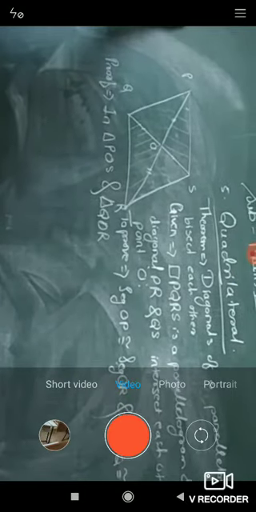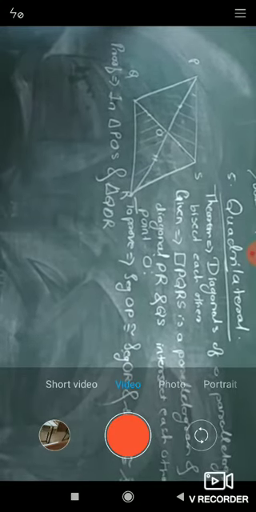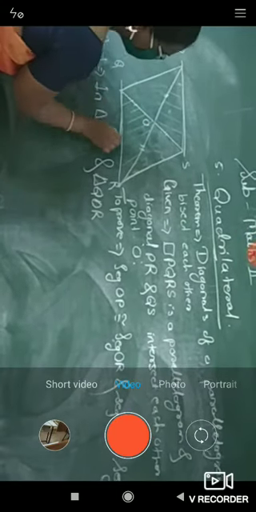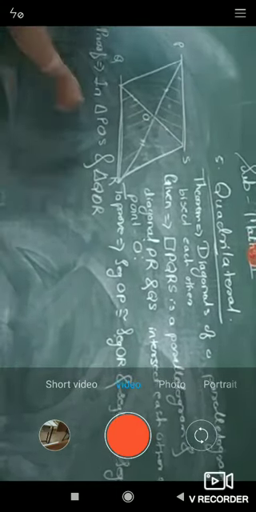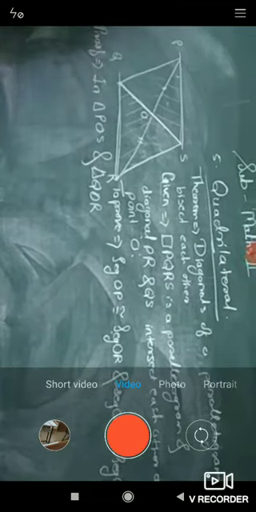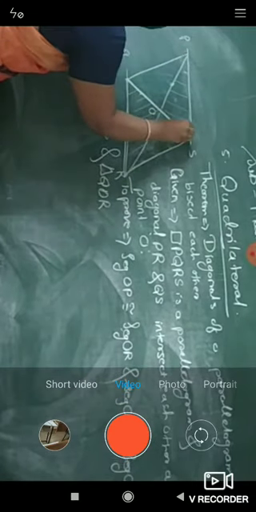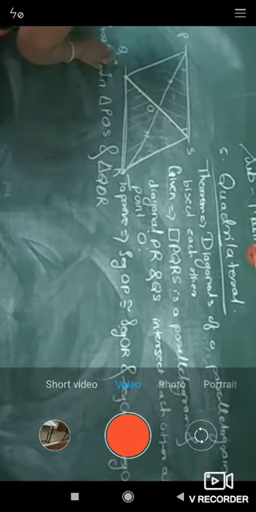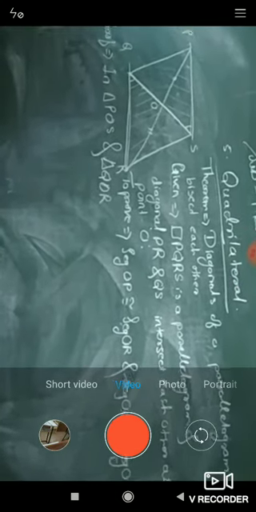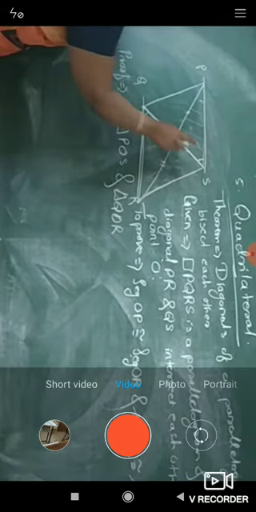One thing we know is that the opposite sides of a parallelogram are congruent and they are parallel to each other. So PS is parallel to QR, and suppose QS is its transversal, right? Then angles PSQ and SQR are congruent to each other, right? Yes. So we will write it here. Angle PSQ,